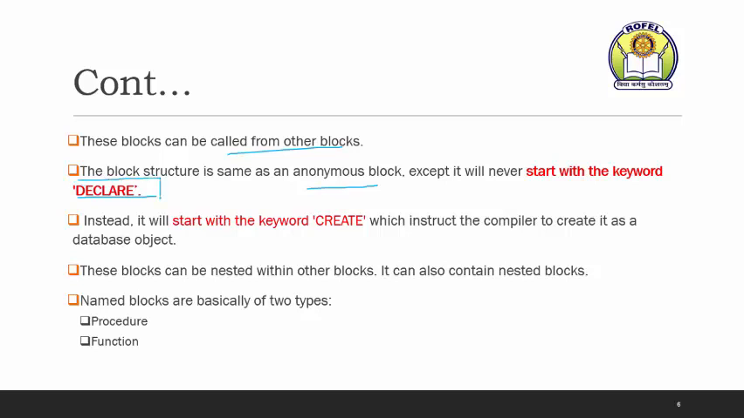Your named block never starts with the declare statement. It always starts with create. As I told you, in the case of a table, the table is created using which statement? Create statement. Index is created using which statement? Create statement. Sequence is created using which statement? Create statement. So every object which you are creating in Oracle, which has a definite name and which is going to be stored in the Oracle database or Oracle server,